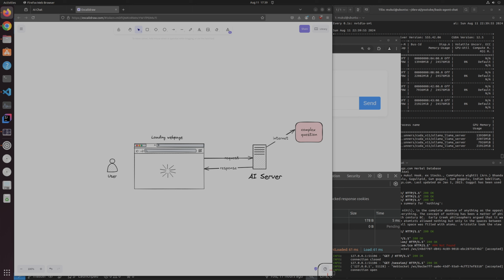Hello and welcome everyone to part 3 of this series of videos where we are building a real-time AI chat application. In the previous videos, we've discussed how the app's front end and back end communication was working. We've seen how we used HTML, CSS, JavaScript to build a front end UI, and how a FastAPI app is built on the backend side and how they both are communicating